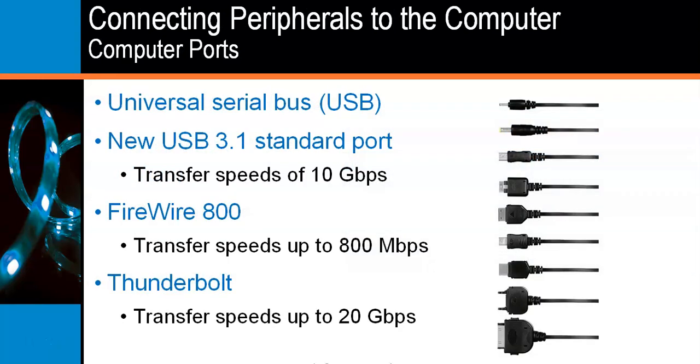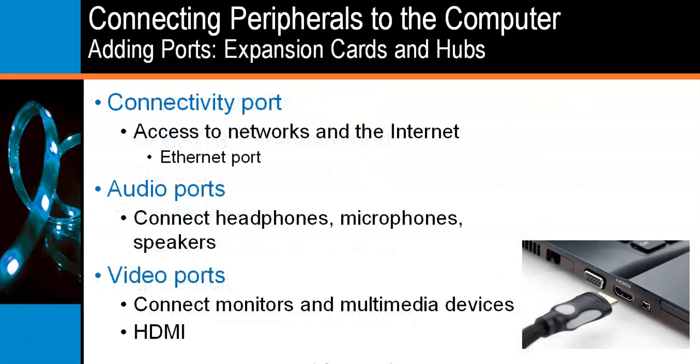When we talk about getting all these devices to work, especially external devices, we're talking about understanding the different ways to connect peripherals to the computer ports. The universal serial bus is exactly what it sounds like. It's a USB. We now have USB 1, 2, and 3 capabilities, with increasing speeds. We have FireWire 800 and Thunderbolt, which are very popular for large amounts of data transfer, like a music or video professional might have in their system. But for the average user, you and I, USB 2 or 3 is generally more than we need for most things.